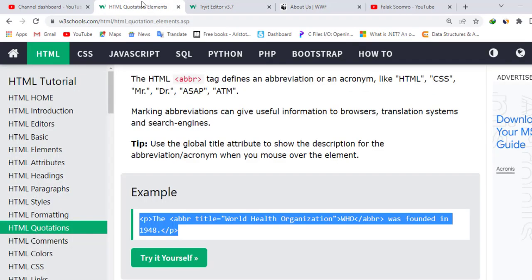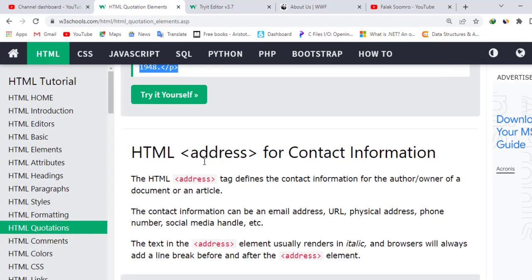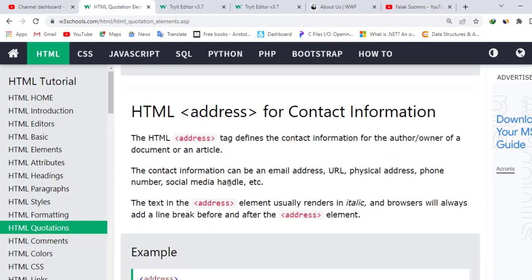Now let's move ahead. After that, the HTML address tag for contact information. The HTML address tag defines the contact information for the author or owner of a document. The contact information can be an email address, URL, physical address, phone number, social media handle, etc. It can be any information. The address element usually renders in italic, and browsers will always add a line break before and after